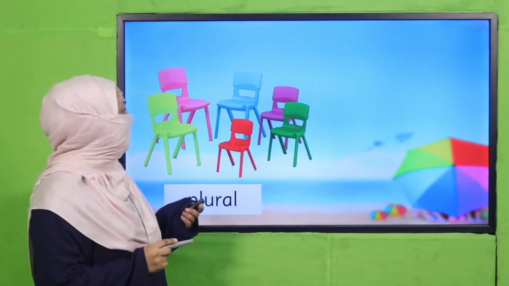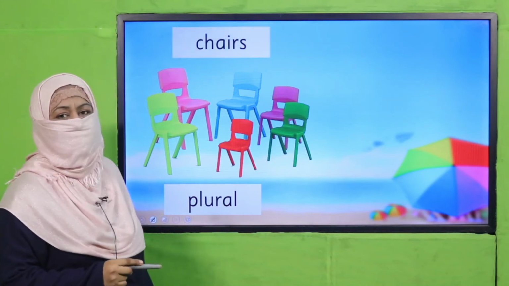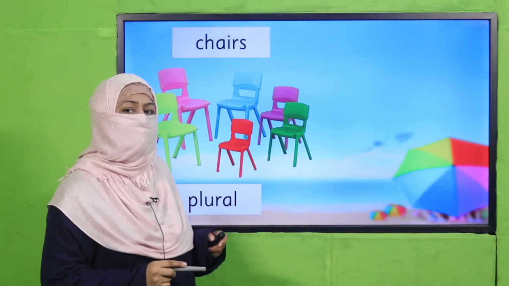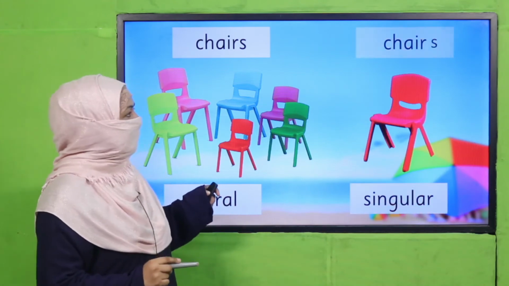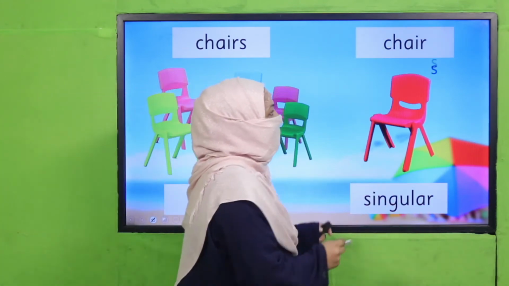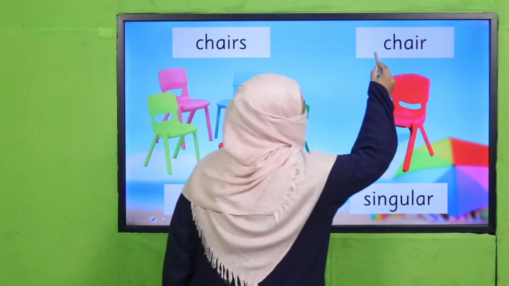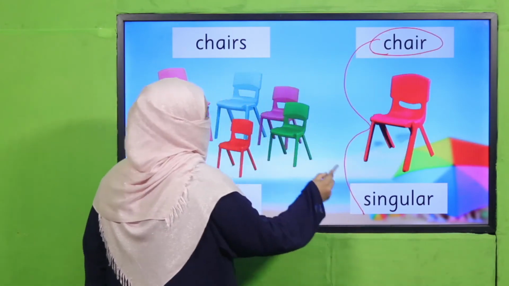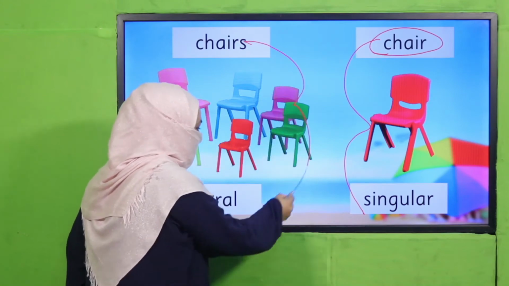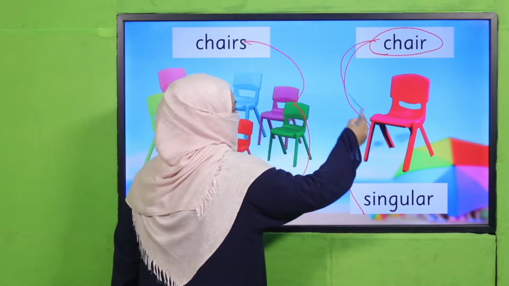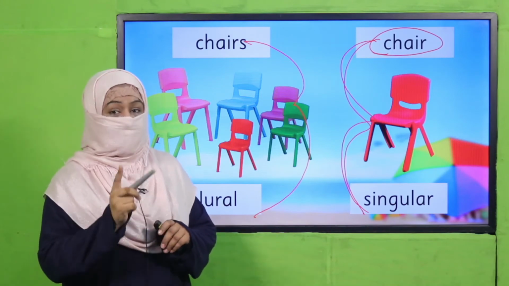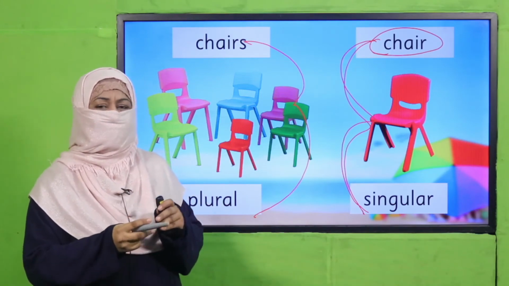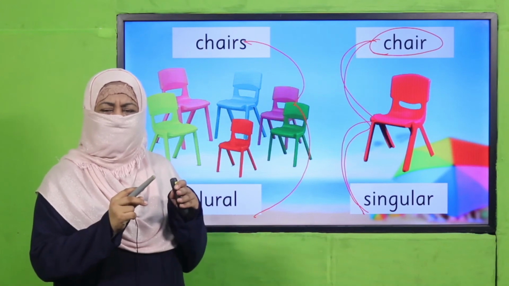Now, if it is already a plural noun, plural naming word, if it is already chairs, how will you convert it into singular? Again, if it is one, it means it's singular, and we'll remove this s. It becomes singular, chair. So the way we add s to make plural, if we remove s, it becomes singular, simple. Do you understand? This is what we have already learned. So this is all the revision of the concept. Could you recall everything? Good job.